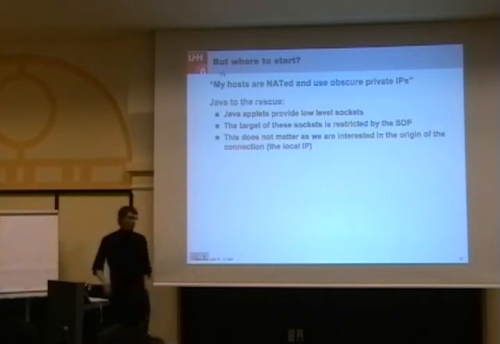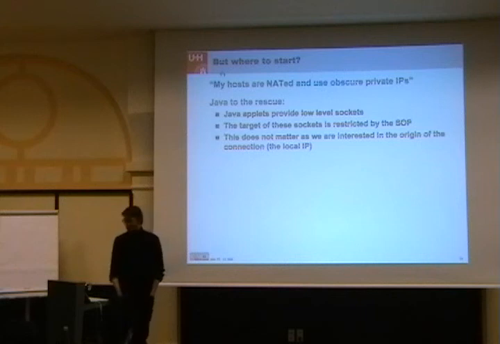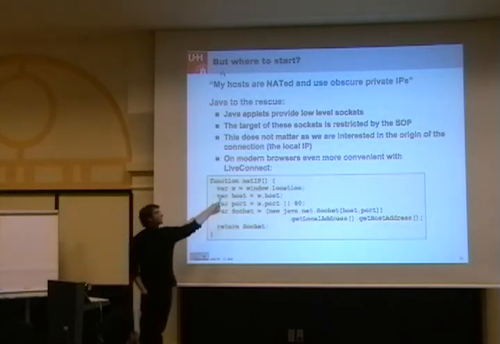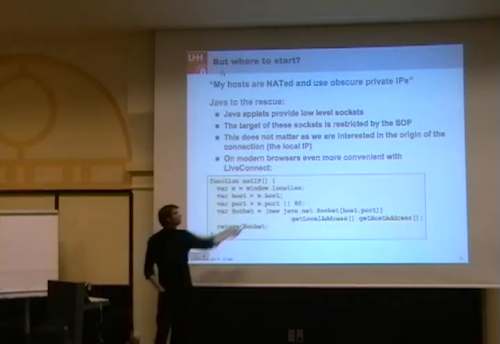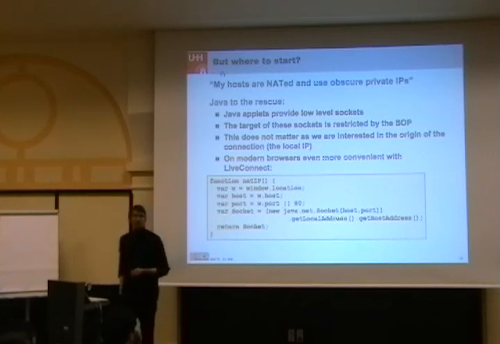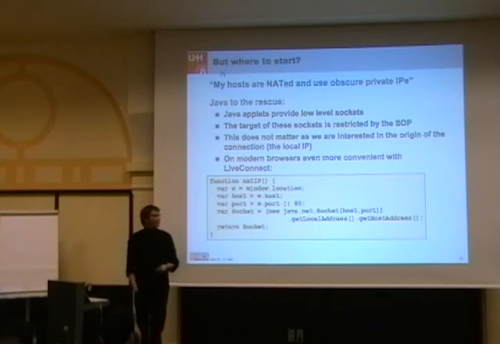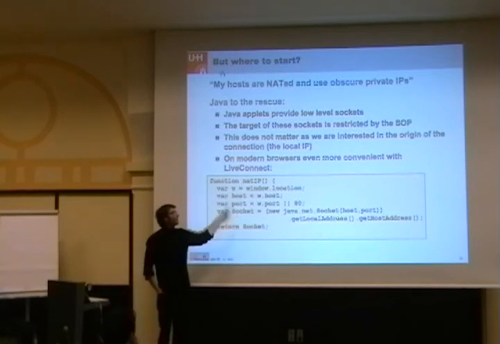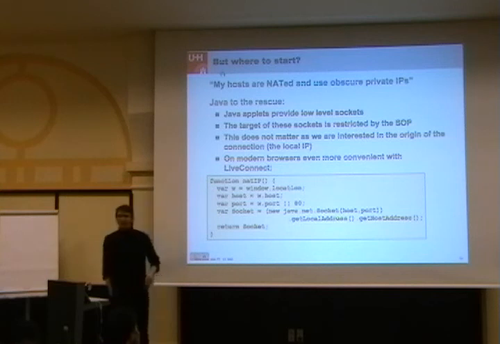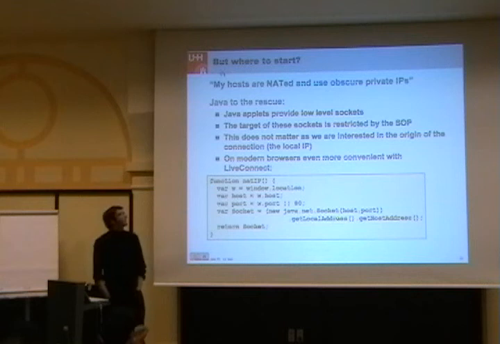We not only have JavaScript in our web browsers, we also have Java. And Java is something nice. Java has a socket object, and the socket object allows us to do socket connections from the website in the browser back to the host. And the socket object gives us information about the local IP. So if your company allows you to execute JavaScript, execute Java applets, then your IPs are not really that secret